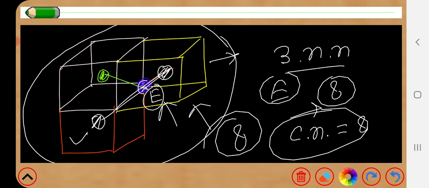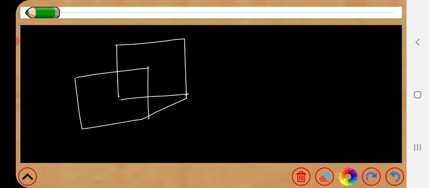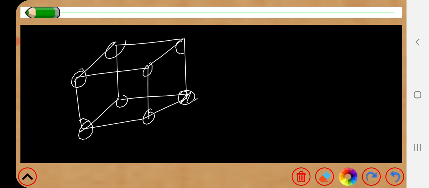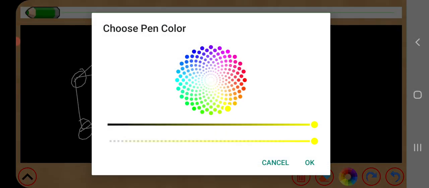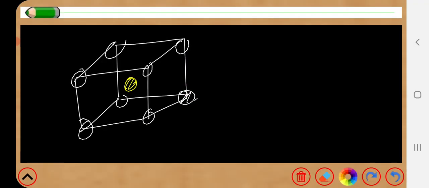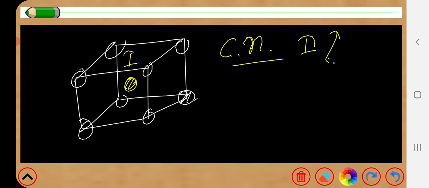In place of taking the corner atoms, if we consider the central atom, what is the coordination number? So let's draw it. Draw it once. This time I want to say that we are not taking the corner atoms, but if we consider the central atom and want to know what is the coordination number for the central atom I, then see, it is very